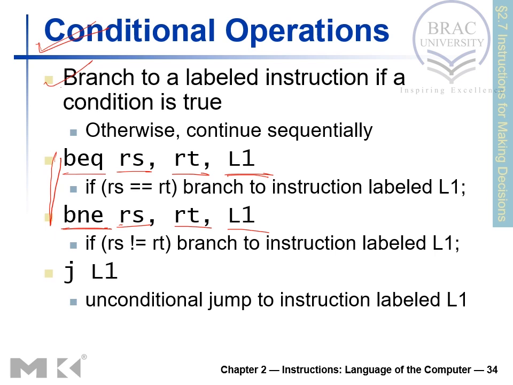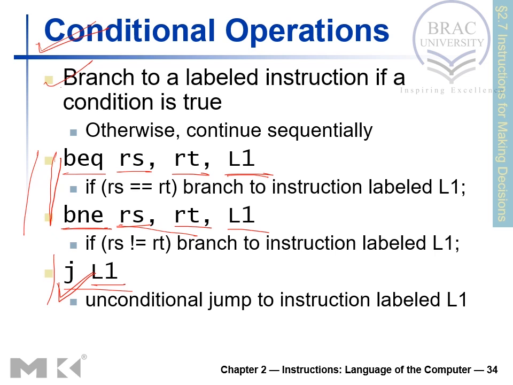Which again is a memory address, or it branches to a memory address. There is another instruction, which is J, which stands for jump. As you can see here, J label 1, we already know what label 1 is. This is just a memory location where the pointer should go. But the difference between jump and these two is that there is nothing here. In jump you have no conditions. J and L1 means no condition is required for performing the jump instruction.